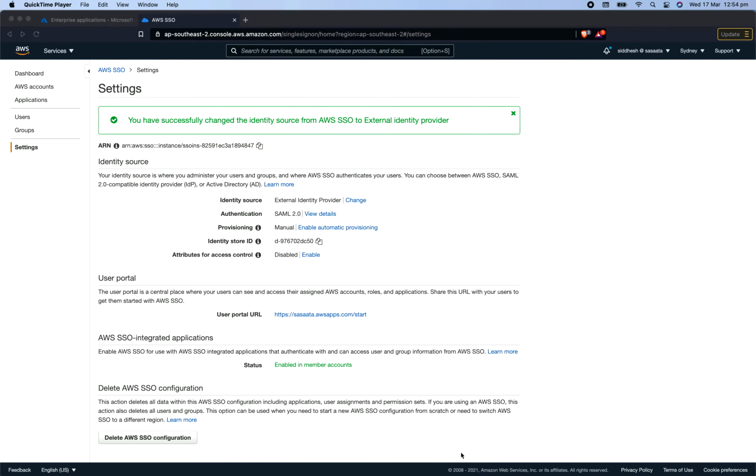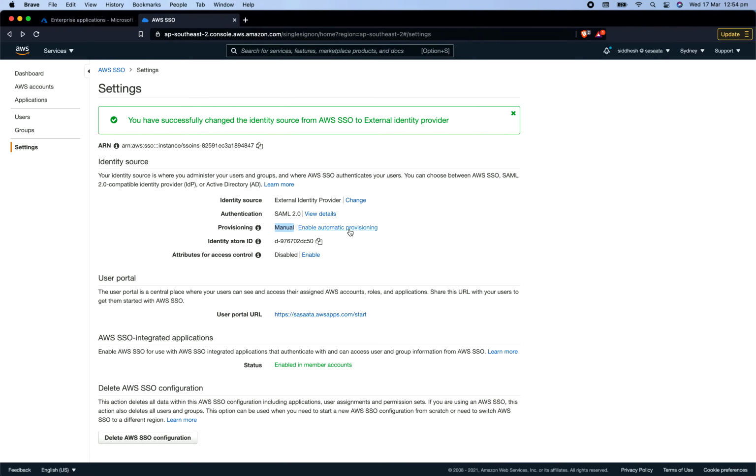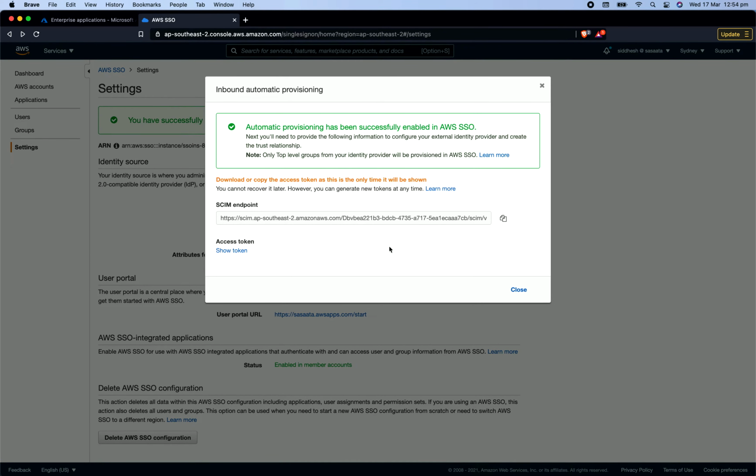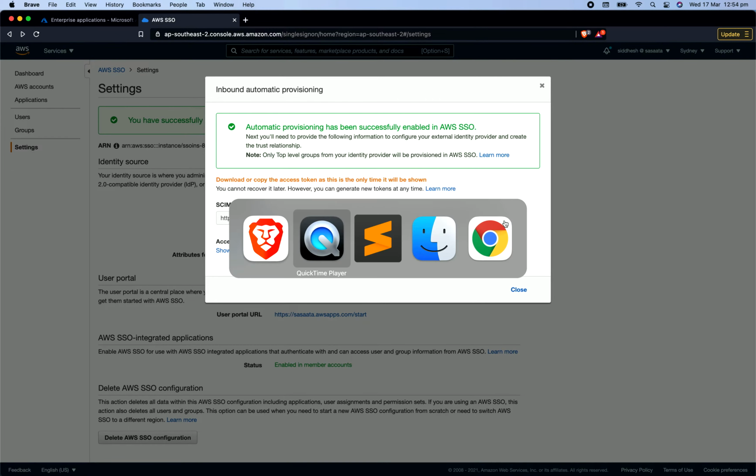Step 6, almost coming to the end. Now we can basically create those users in AWS manually, those that we have assigned in Azure, but the better option is to get them to sync across. So in the provisioning section, it's currently manual. What you're going to do is enable automatic provisioning, and we're going to copy the SCIM URL